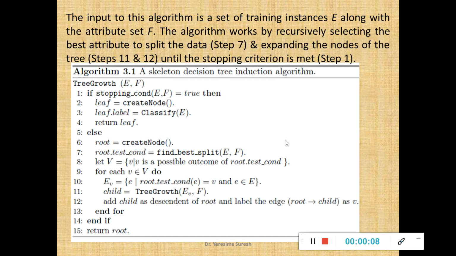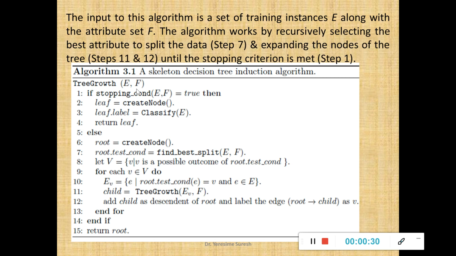In this class, the session will see the decision tree induction algorithm, how exactly the decision tree works. Hunt's algorithm is the basic version for your decision tree, and now we'll see the decision tree induction algorithm. Induction is again constructing a classification model by using decision tree as the design process.